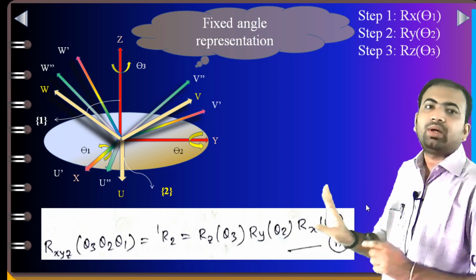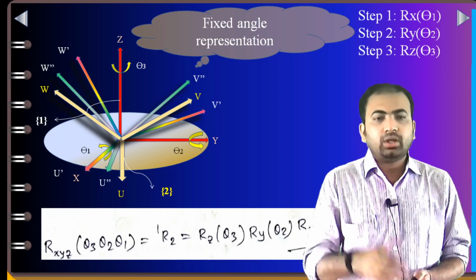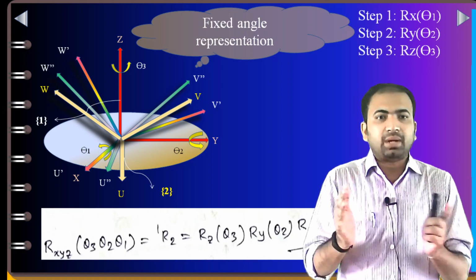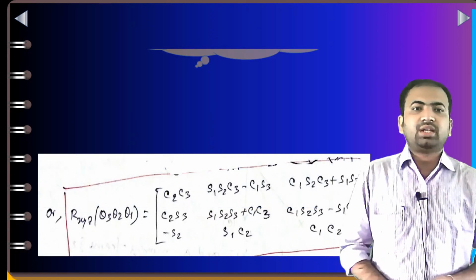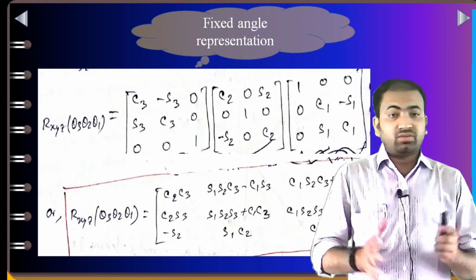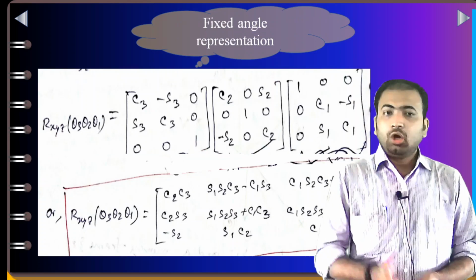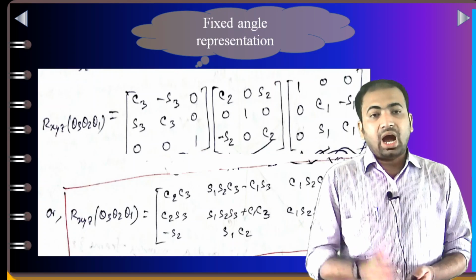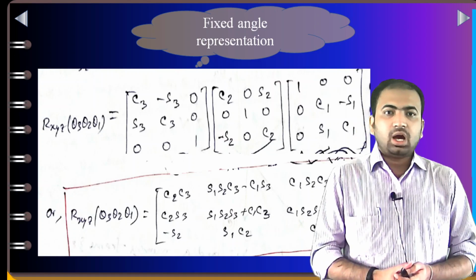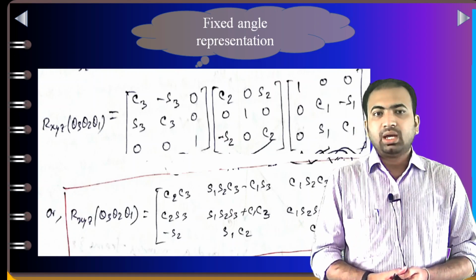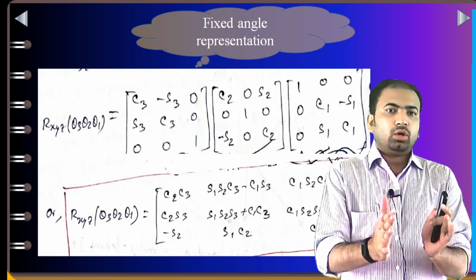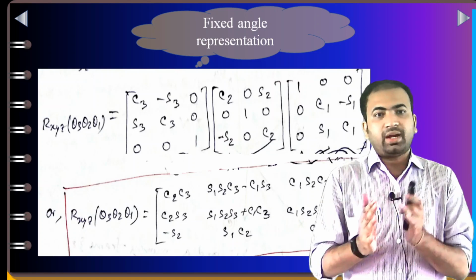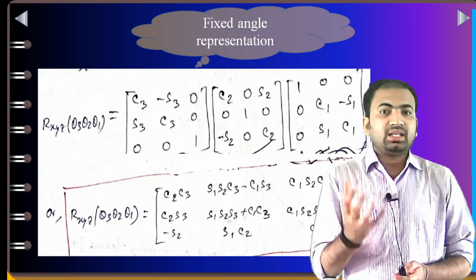So this sequence we have to follow here is also known as post multiplication of matrices. We have already studied the matrix forms. So we already know what the Rz value will be, what the Rx value will be, as well as what the Ry value will be. If you go through the previous classes, you can check it out.